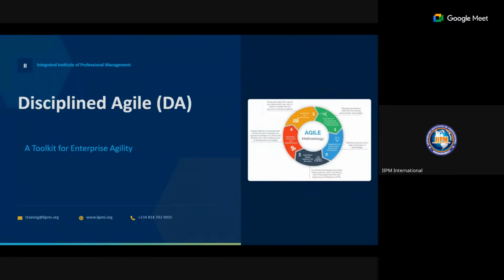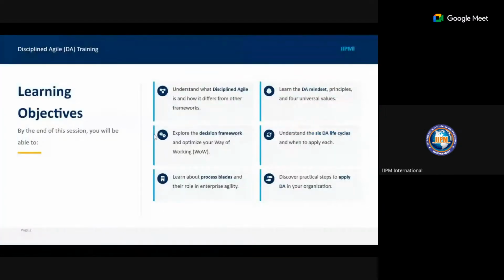So with that, all of us need to play our roles as Agile leaders, with discipline as our core. Discipline is our root.